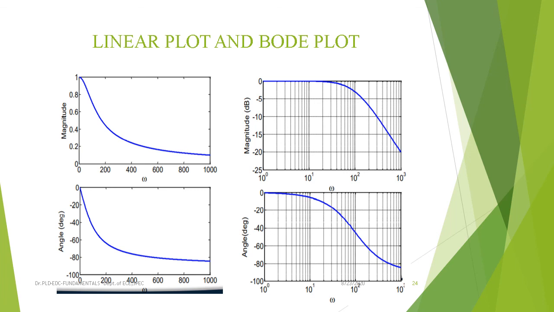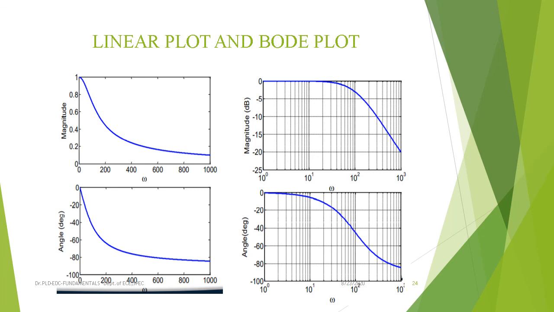That's the representation. And the angle plot, if you observe, similarly at omega of 50, and this is 100, this is 50. At 50 we have minus 20 degrees. At 800 we have minus 80 degrees at an approximation. So this is the way we can observe the output equation with respect to its magnitude and angle responses, or you can say the plots.